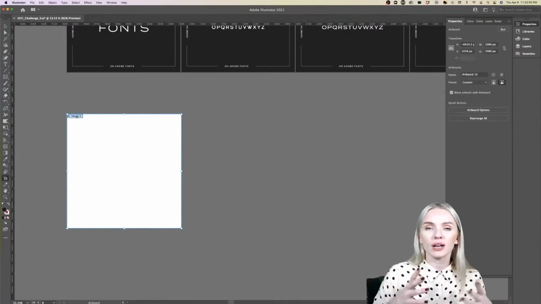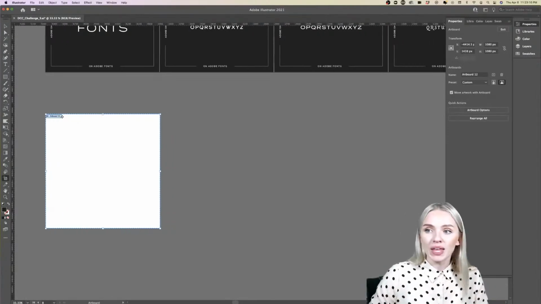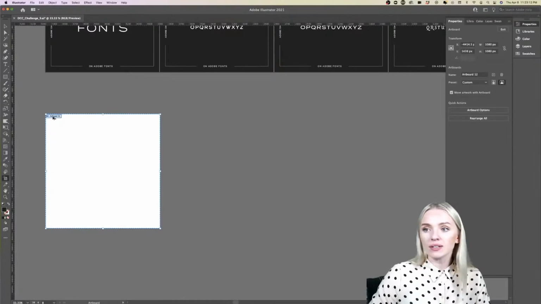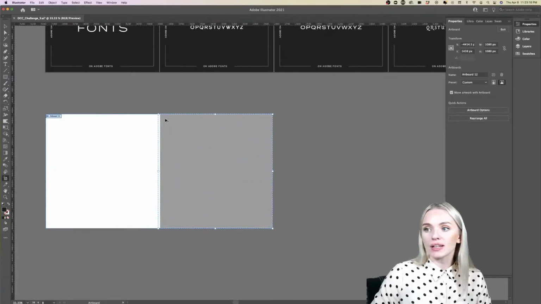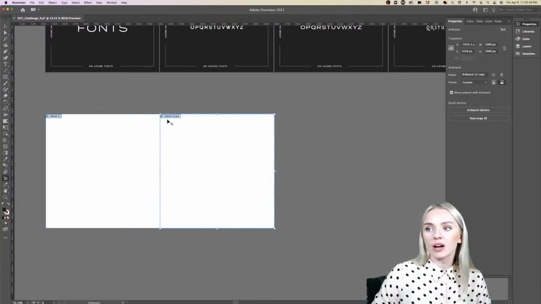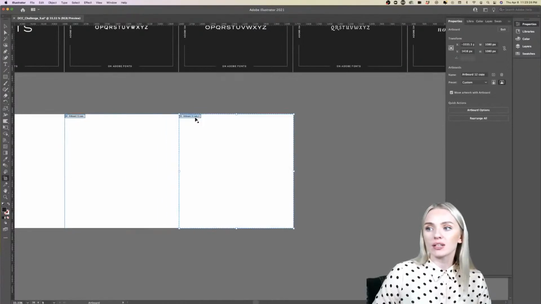But right now what I want to do is, because I've already set my size and I've already put my effort into putting together this perfect sized artboard for my posts, right? So now what I can do is simply copy and paste it right next to each other. So this is what I'm going to do. I'm going to hold Option on my keyboard and also Shift to drag it to the side and copy it. And now I'm just going to place it right next to the other artboard,